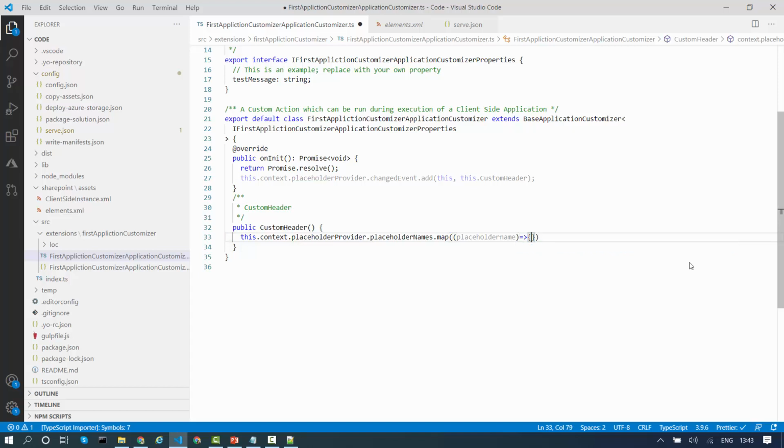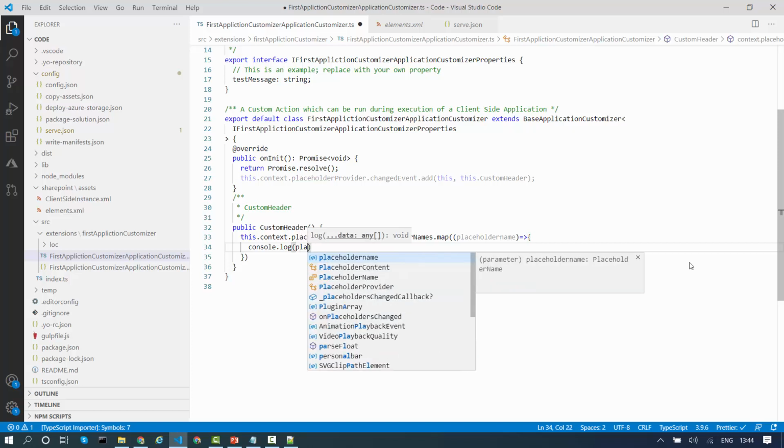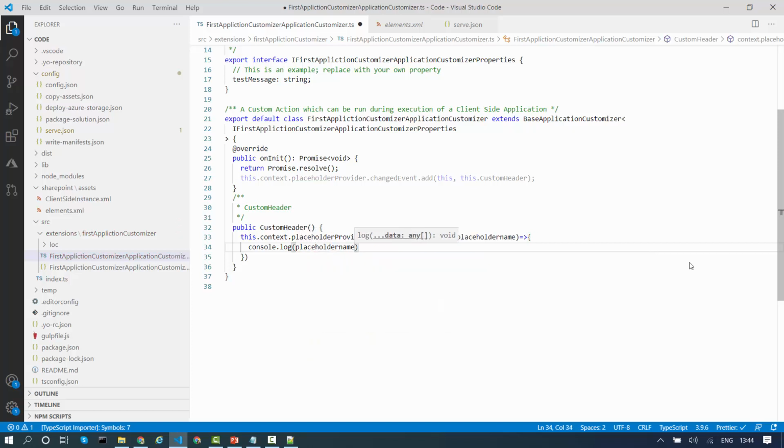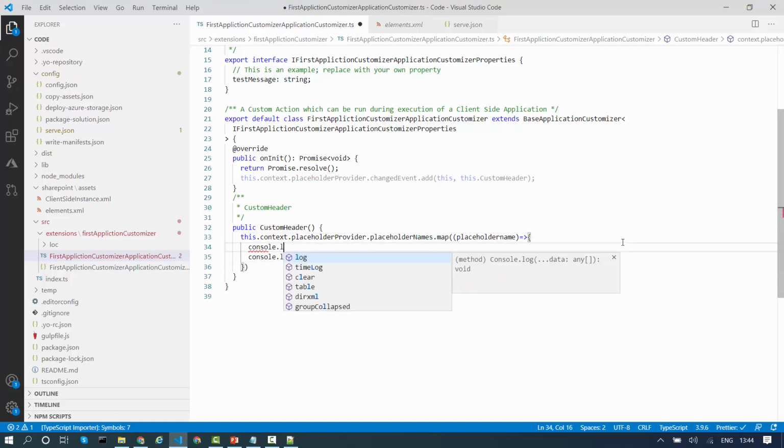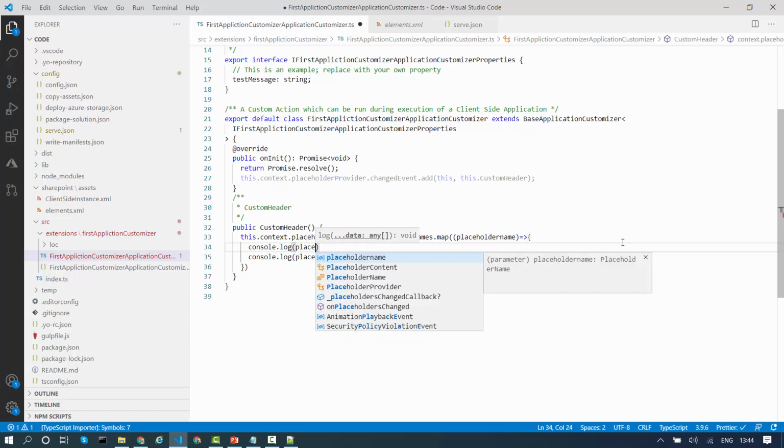Just for your knowledge, here I will use console.log, so I will show you what names are available for me. I will do both things. I will log console.log placeholder.